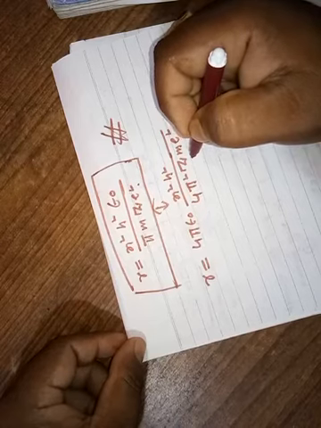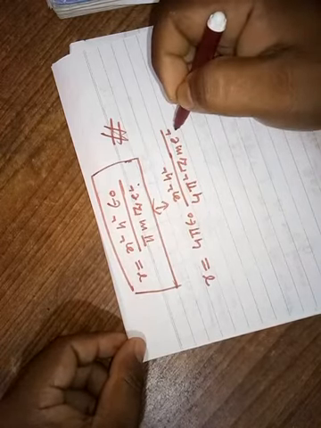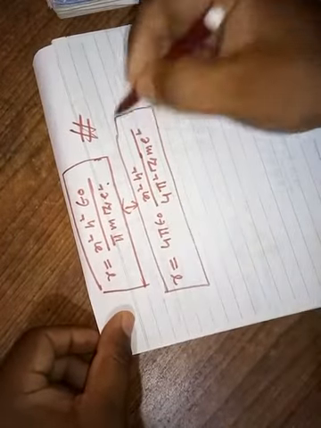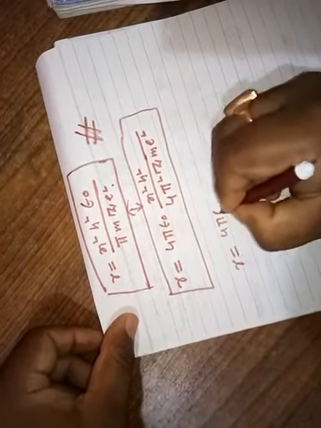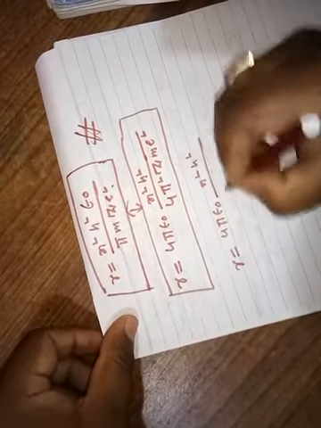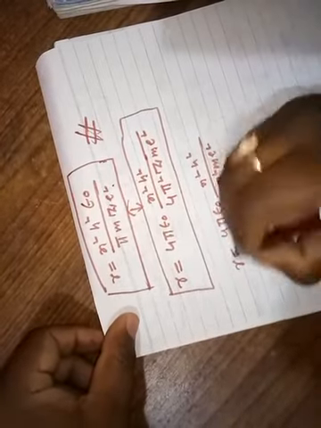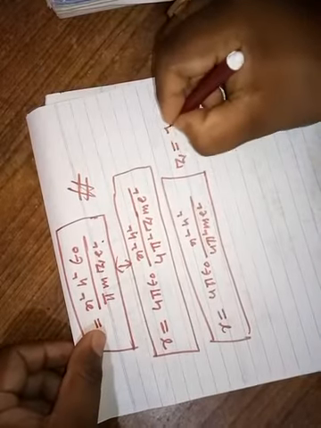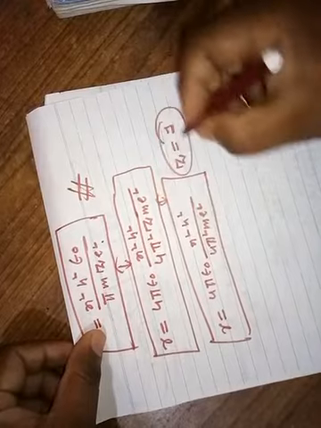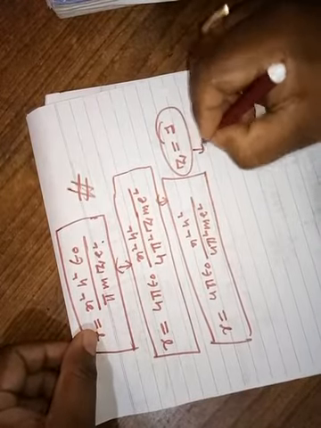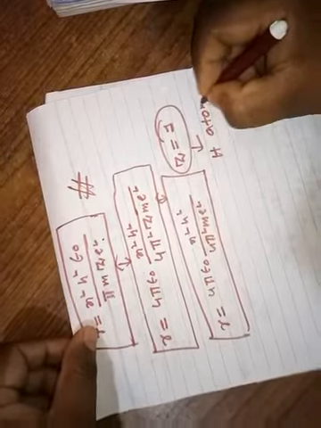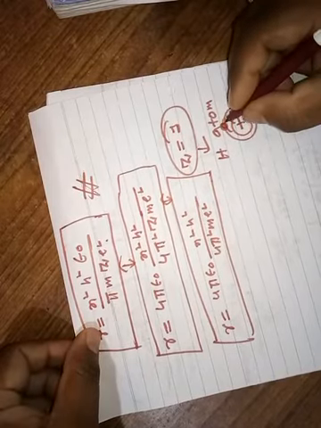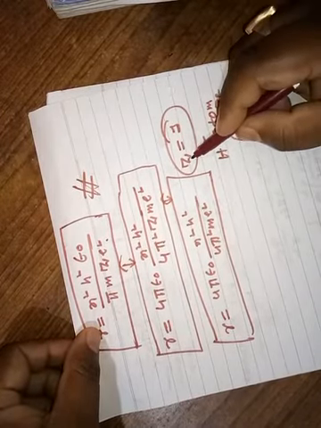4 pi epsilon naught n square a square, 4 pi square m e square into z. Now in some books, in the same formula, they will write it this way: 4 pi epsilon naught n square a square, 4 pi square m e square. Okay, so what is the difference? Here z is missing, right? Here they consider z as 1. Okay, so z means 1 means they are considering the hydrogen atom. Okay, because for the hydrogen atom we have 1 proton in the nucleus and 1 electron in the outermost shell. So the atomic number z is 1.